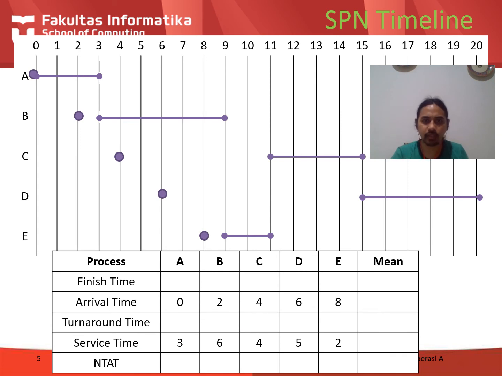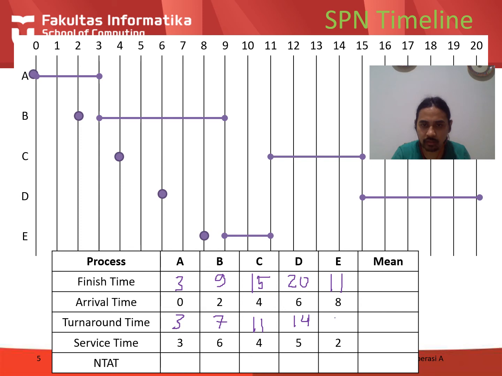So for SPN, the finish time, we will mark one by one. A finish time is at 3, B is at 9, C is now at 15, which is longer, D is at 20, and E is at 11. So the turnaround time is finish time subtracted with arrival. So this is 3, and this is 7, and this is 11, and this is 14,